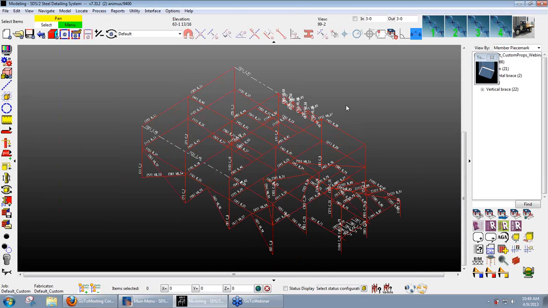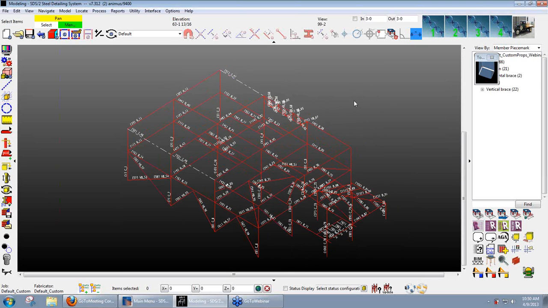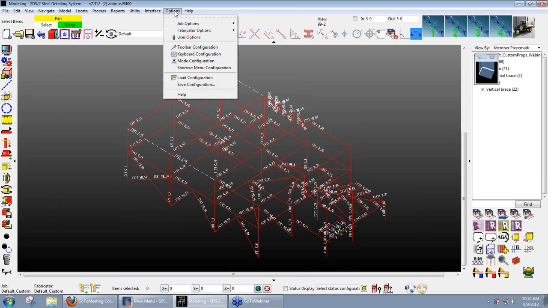So now, how do we create these custom buttons on here? Well, the first and most important item is that the script or code for either the advanced selections, the reports, or the parametric must already exist, because all we're going to do is provide a link through this button to wherever that code is saved. You must have that parametric already created and saved before you can create a custom button for it. To create a custom button, I'm going to go to my options within modeling